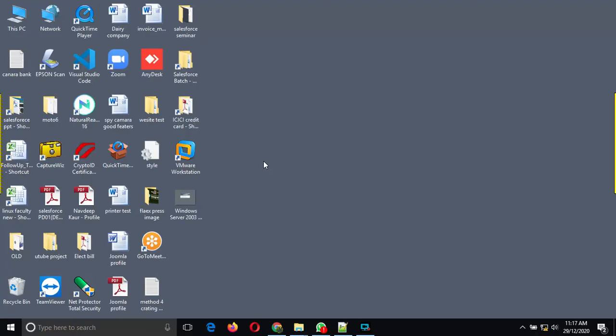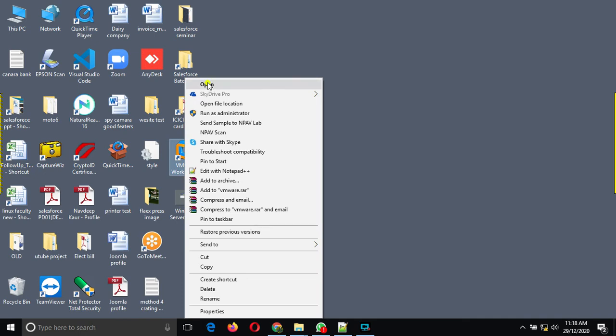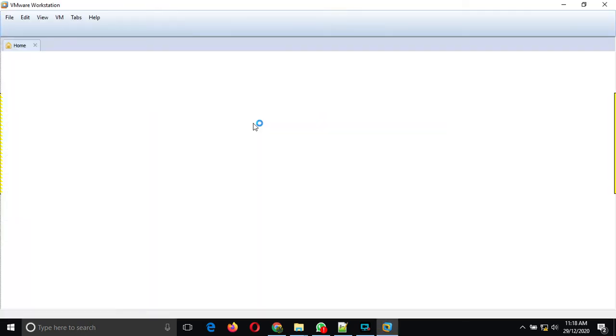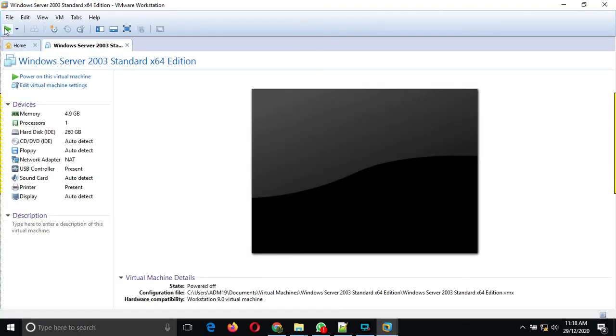So here, for logging into your SAP console, first you have to log in to your VM Workstation. Open your VM Workstation first, and here you have the green button. Either you can use this one, or you can click on this one. So using this one,